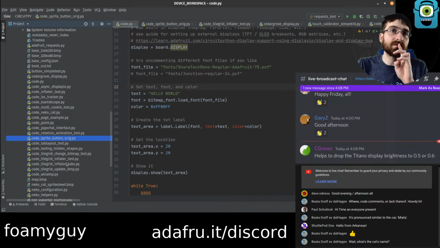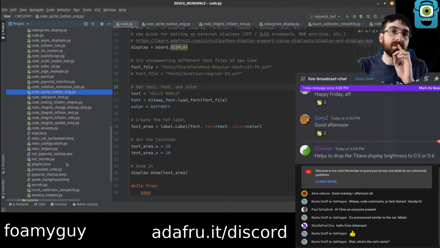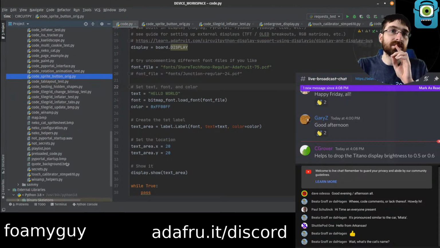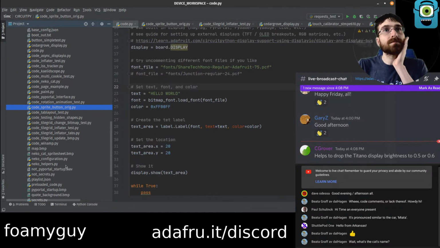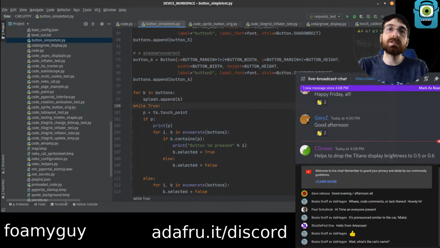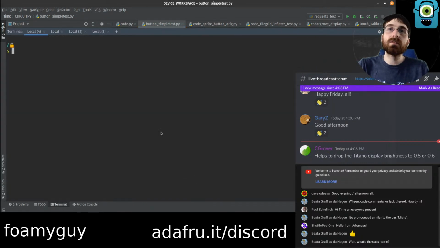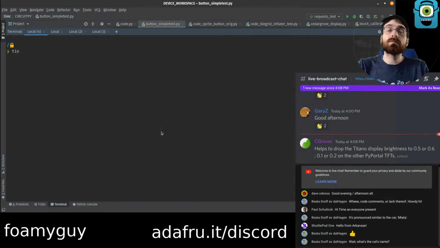SpriteButton. Yeah, unfortunately, it looks like I didn't save that. Oh, button simple test. There it is. Did save it. Okay. Hold on. Why is this not in the history?